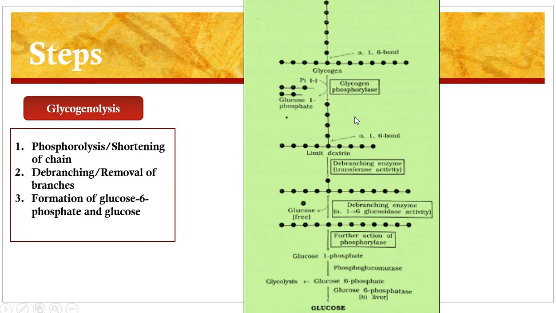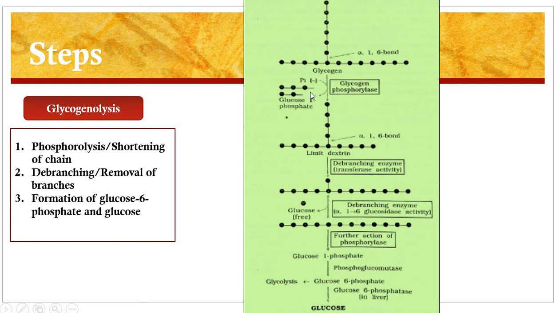So here is the process of glycogenolysis. This is the glycogen molecule, and in the first step, the alpha-1,4 glycosidic bonds are present in this chain, and this is the 1,6 linkage which produces the branching in the glycogen molecule. So the alpha-1,4 glycosidic bonds from the non-reducing end are cleaved by the enzyme glycogen phosphorylase. This is the important enzyme, glycogen phosphorylase, to yield the glucose 1-phosphate,